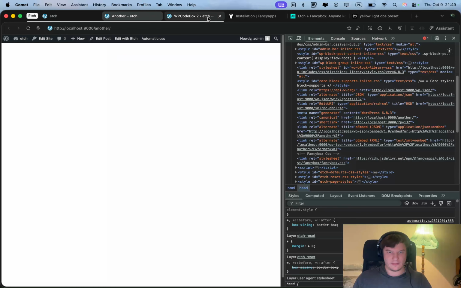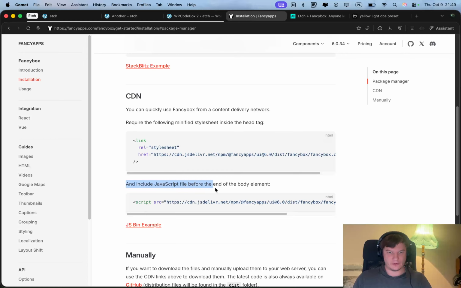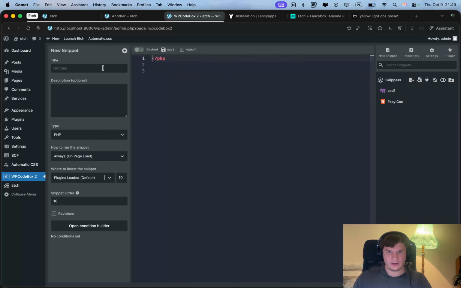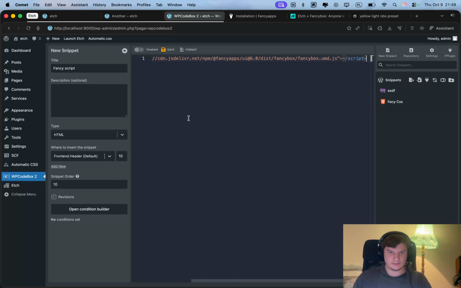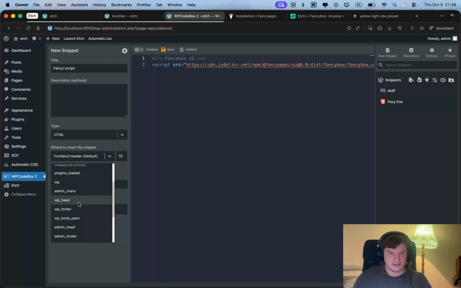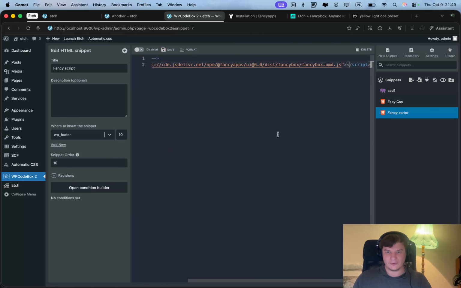The same thing needs to happen for the JavaScript, but they're saying that it's at the end of the body element. Yeah, so we are copying it again. Go to our snippet manager, Fancy script as in HTML. Let's add comments again to just be very clear where everything lives. Fancybox JS, and let's place it inside of the WP footer. Let's save it,